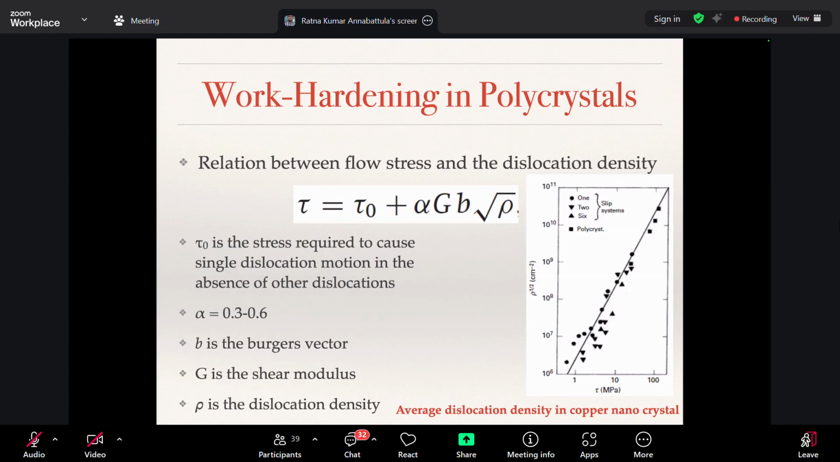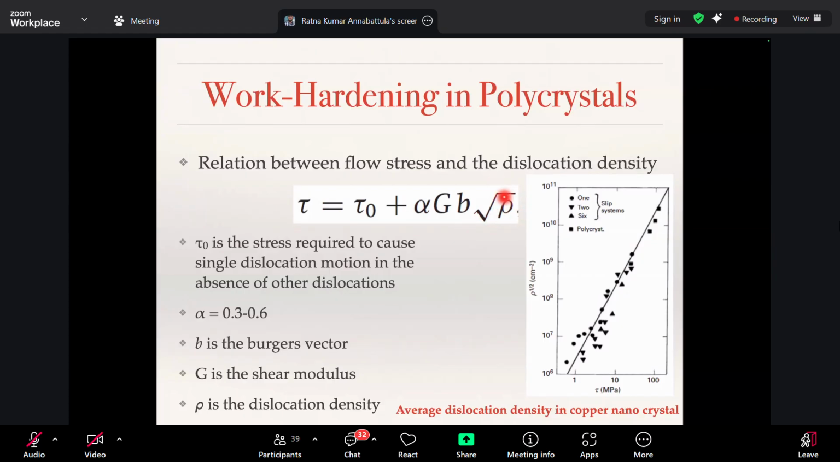So when you are plastically deforming, what happens? More slip systems get activated because the slip is rotating during plastic deformation and so on. And hence, because more slip systems are getting activated, more dislocations are moving. That means the number of dislocations is increasing in the system. That is represented by something called dislocation density rho. So the shear stress or the flow stress is represented by tau naught plus alpha G b square root rho,